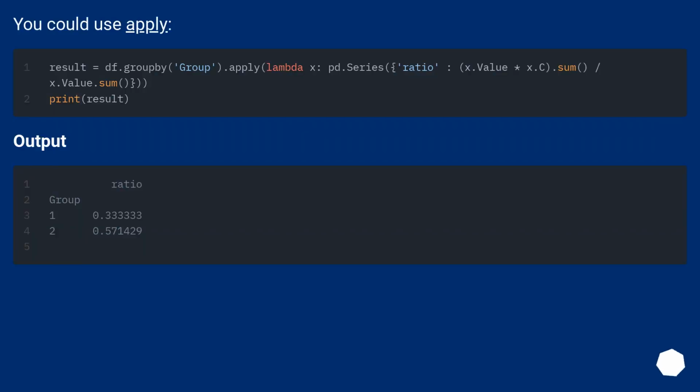You could use apply. Output. If you want to continue